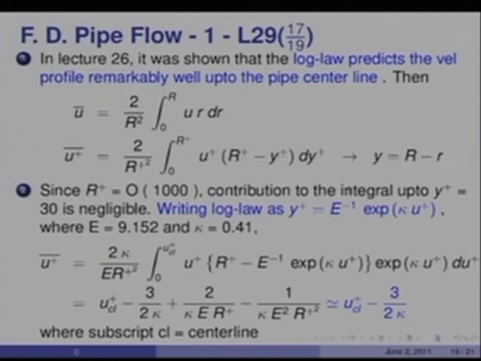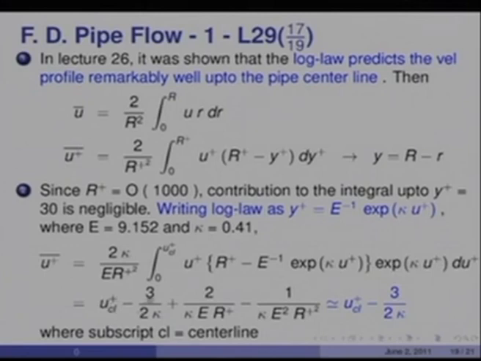And therefore, you simply make y plus a function of u plus, e raised to minus 1 kappa u plus, and simply ignore, as before, the 0 to 30 region, that is, up to the transitional layer. You simply ignore that and assume that the integration won't be affected if you only use the turbulent part of the law. And you will see E would be equal to 1.2, kappa equal to 0.41, and therefore, if I were to substitute that, convert first of all dy plus to du plus and then integrate, then I will get that expression,